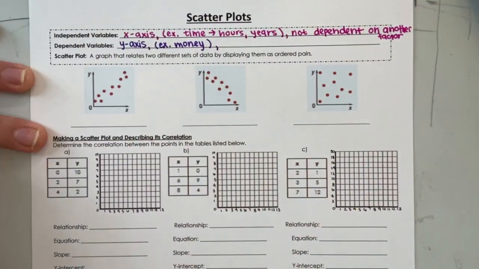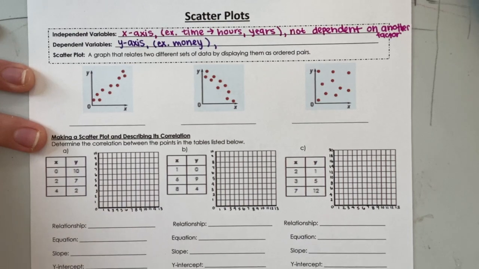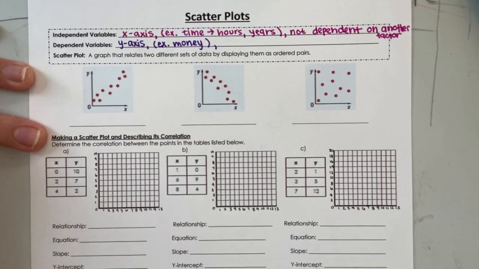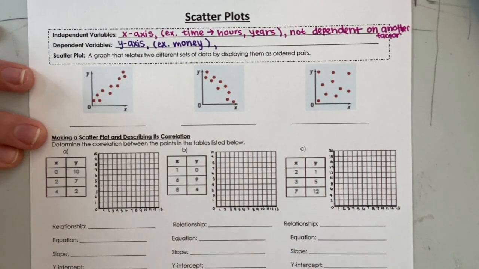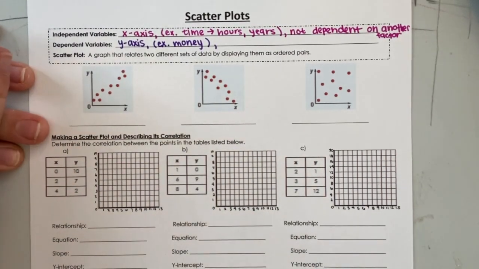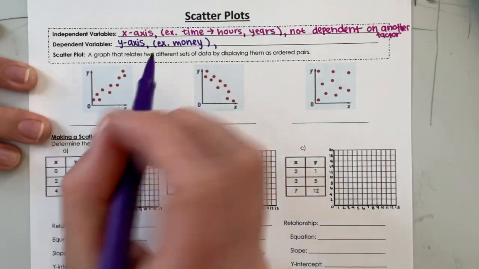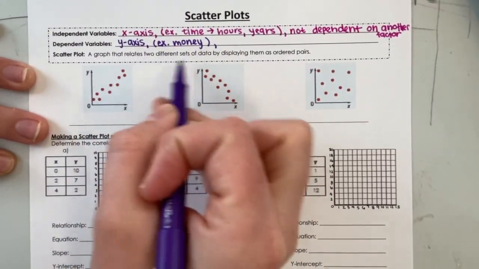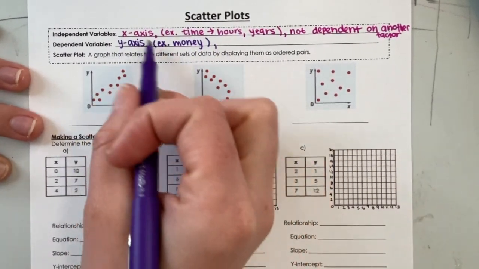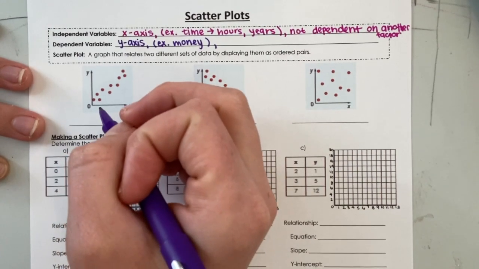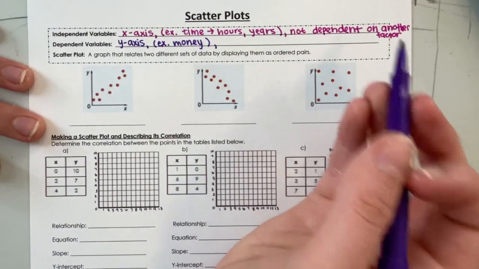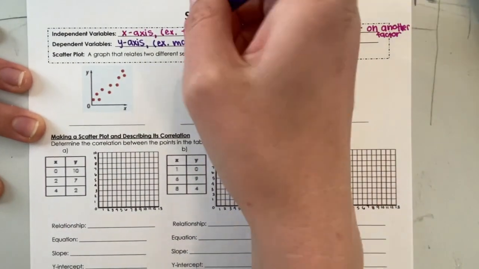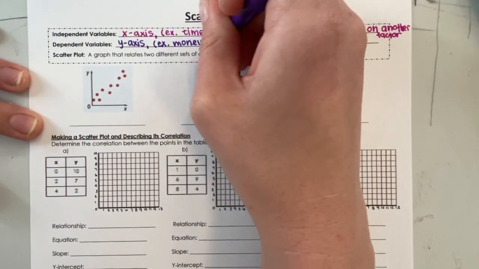A lot of times the more hours you work or the more time that passes, the more money is earned, because a lot of times you have a salary that is pay per amount of time. So it's really good to use money as an example of a dependent variable, because a lot of times money depends on the amount of time that has passed. So I'm going to say this is dependent